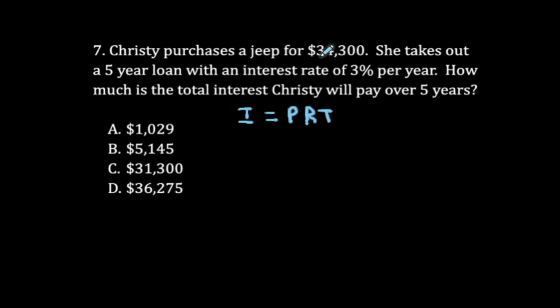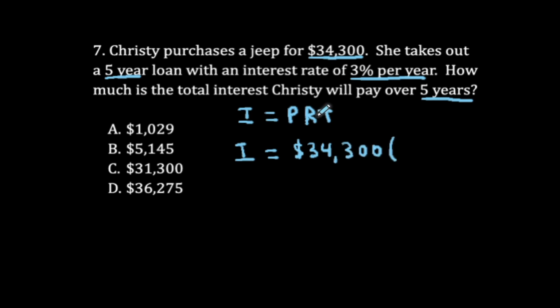So we see that she purchased the Jeep for $34,300 and she took out a 5-year loan with an interest rate of 3% per year. All right, and so we're going to fill in these values here. And notice that we need to find out the total interest she ended up paying over the 5 years period. Okay, so we have the interest, which is equal to the principal. And remember, the principal is the price here. So that's $34,300